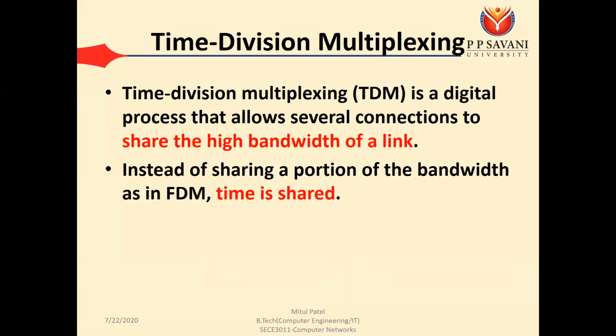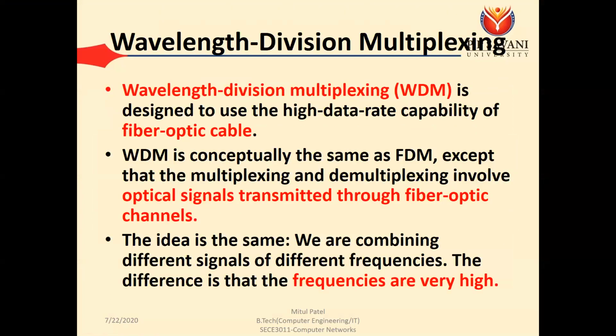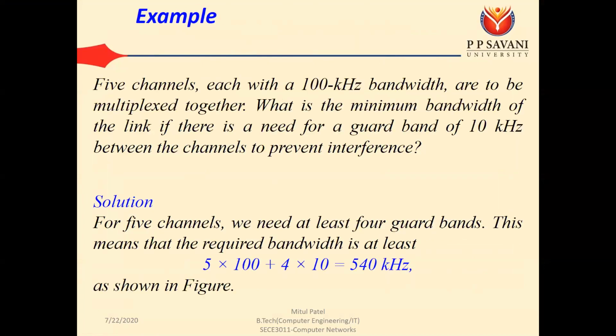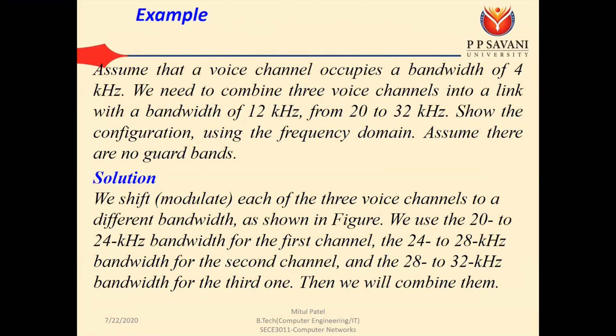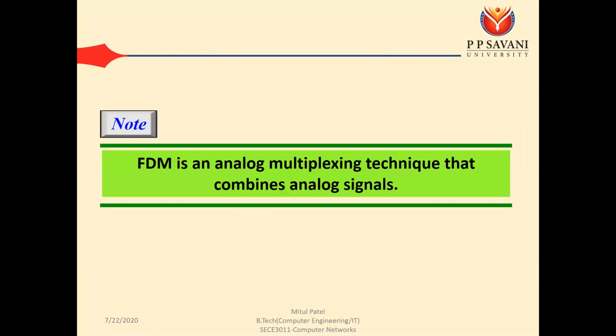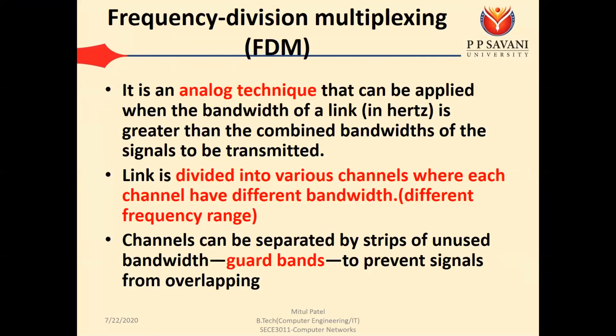Okay, so in the last lecture, we stopped here, at the multiplexing methods. The third multiplexing method is time division multiplexing. We have seen the definition of multiplexing. Multiplexing is required when the available bandwidth of the link is greater than the sum of the individual bandwidths of the devices. Then we can perform multiplexing.